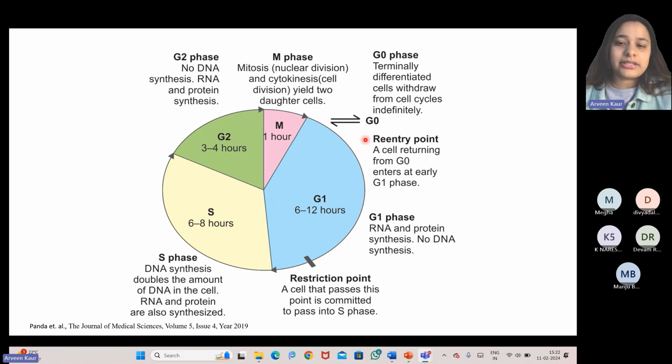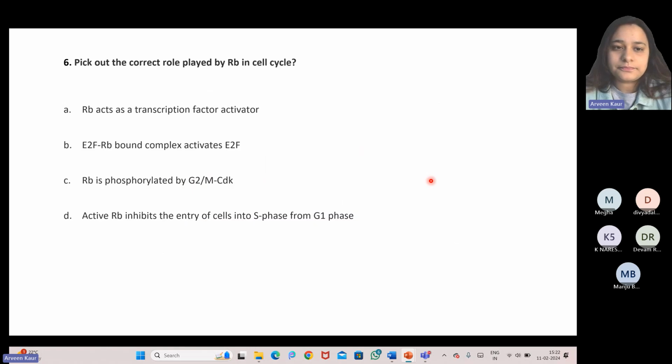After this, the cell will decide whether it wants to re-enter the G1 phase or go to this quiescent and non-dividing phase. For example, cells that are terminally differentiated, where the final kind of differentiation has been done, right? They will withdraw from the cell cycle and they will enter this resting phase. Some examples of such cells are most of the neural cells, right?